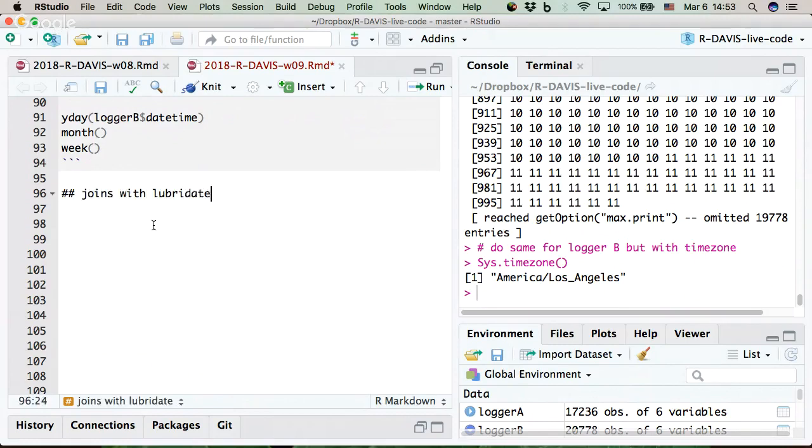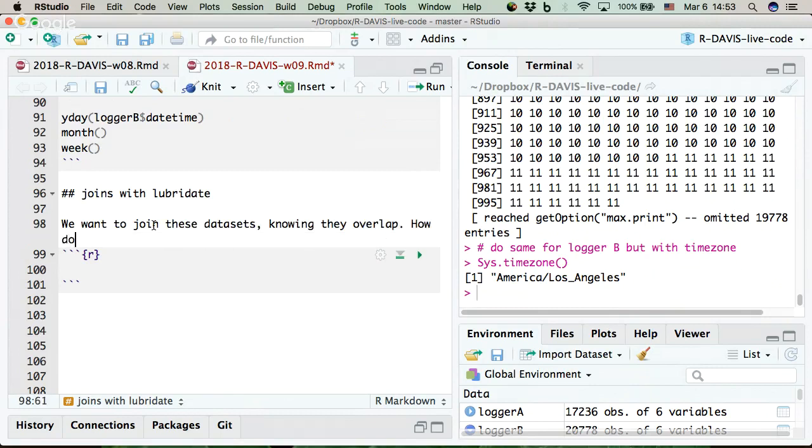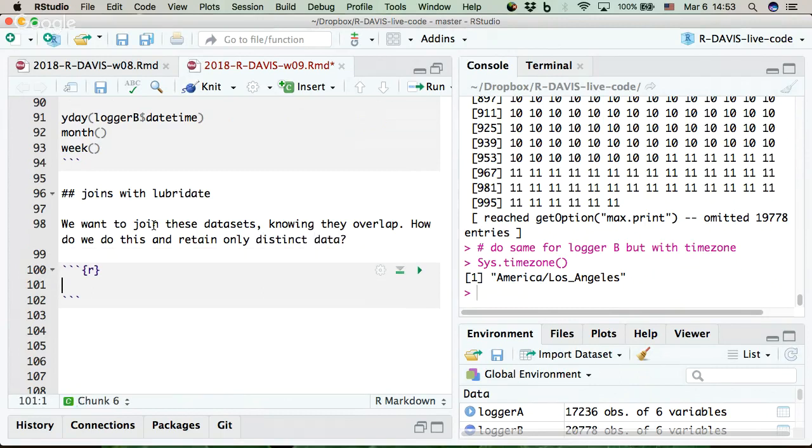Joins with Lubridate. Okay. So we want to join these data sets knowing they overlap. How do we do this and retain only distinct data? So the answer is joins, and there's a whole bunch of join options. But what I'm going to show you is essentially what's called an inner join, which means that it's taking two tables and basically only